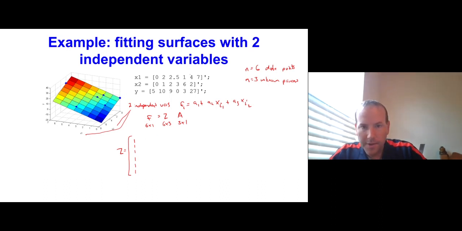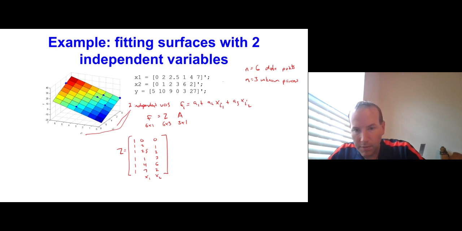Okay, and then next is where we put these variables. So 0, 2, 2.5, 1, 4, 7, and then the next one, which is 0, 1, 2, 3, 6, 2. Okay, so that was x1 and x2, and then we simply now can solve